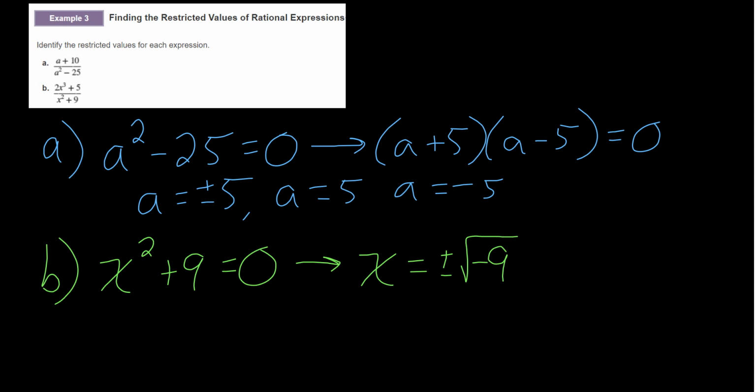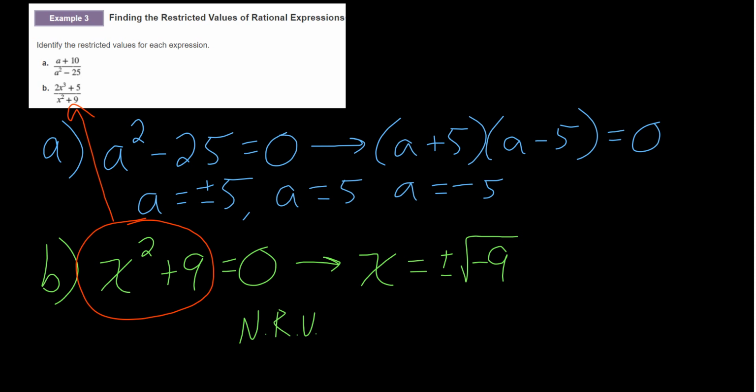It's true we would have an imaginary number, but I don't think we've hit imaginary numbers yet in this course. So at this point, we're just going to say we don't have a restricted value for b. So no restricted value for b. And that makes sense though, right? Because if we were to look at this, again, that's the denominator, so what value when you square it,